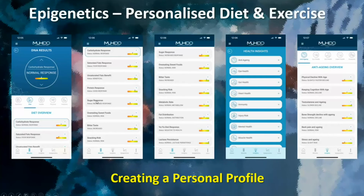These are example screenshots from my Moodoo application, which uses epigenetics. It tells me the things that my DNA says I'm vulnerable to. I'm pretty much okay on most things, but I tend to have a poor response to saturated fat. So things like hard cheeses, my body is not able to absorb and tolerate. The same with sugar. I stopped taking sugar in my drinks quite a few years ago, but I'm conscious of the fact that I have a bad response to sugar, and I have a normal risk of snacking. So all of these go into providing a dashboard of health insights, based on my DNA and my